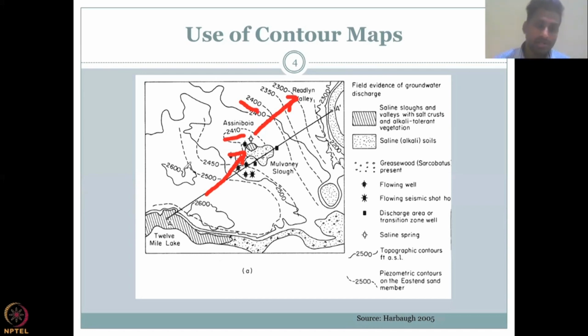So the topography tells me that here it is 2,500 and the groundwater is almost 2,500 here, so the difference between the elevation and the groundwater is small. Okay, and here the groundwater is at 2,300, whereas here the elevation of the land is 2,400, which means the land is here, and 100 feet below the land is the groundwater aquifer. So this information can be overlaid on top of each other for more decision making